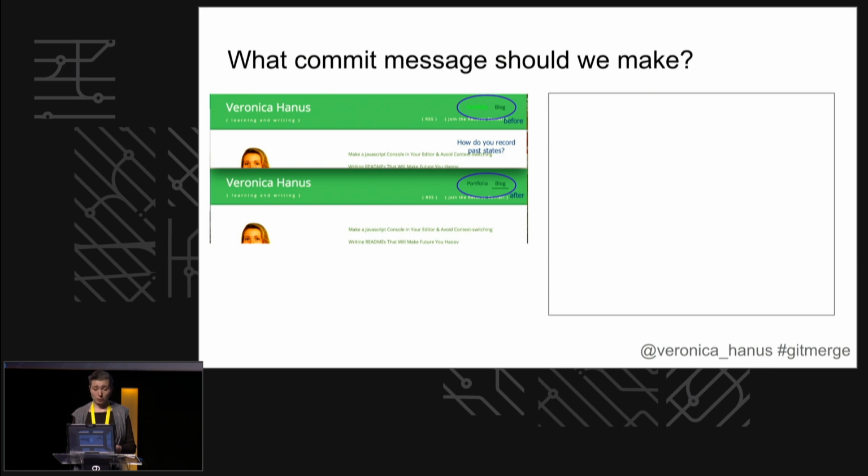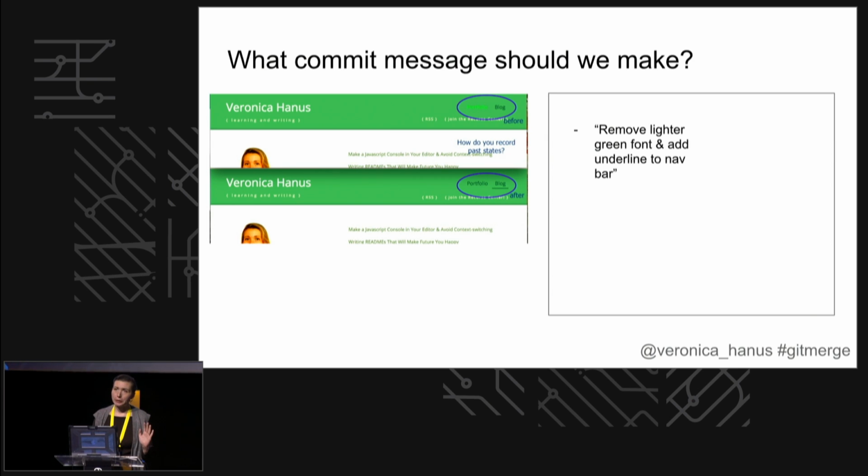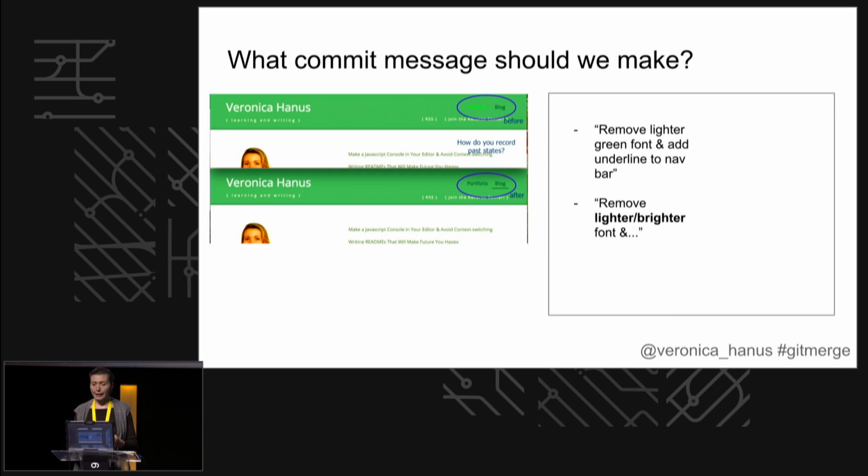So I started out by saying, remove the lighter green font and add underline to navbar. But there are 5 different greens on my website. So I started to think that maybe I should be more descriptive and say, remove lighter, brighter font, but these commits got longer and longer, and I thought I was doing a good job,